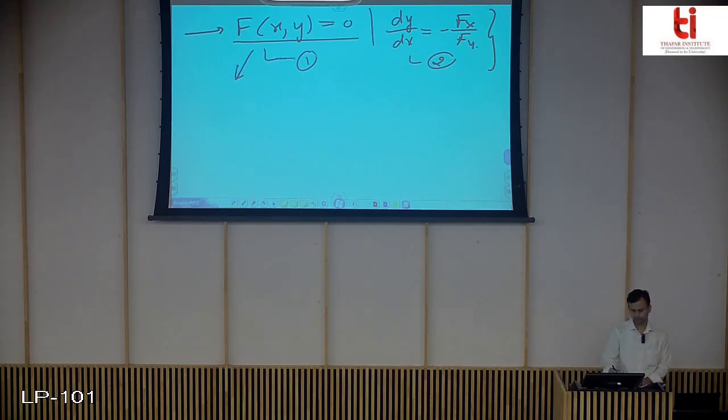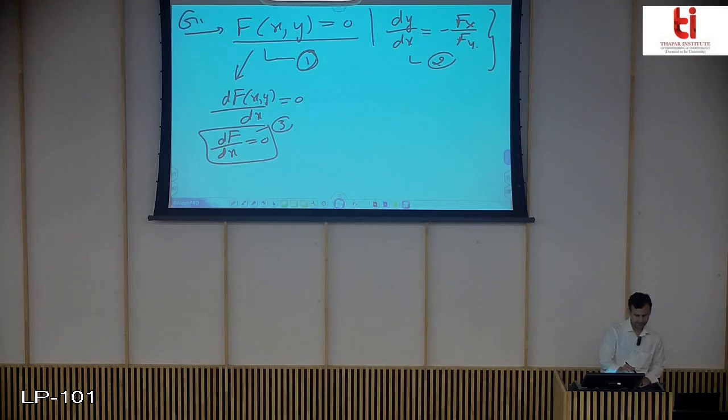So from equation 1, f(x, y) equals 0. If I differentiate it with respect to x, I can simply write df/dx equals 0. So this is from this one. It is given to you, and from here you have found this. From this given, I take the derivative with respect to x on both sides, and I get this one. Okay, done.